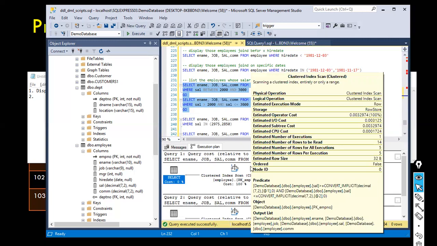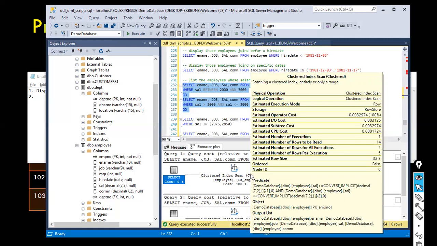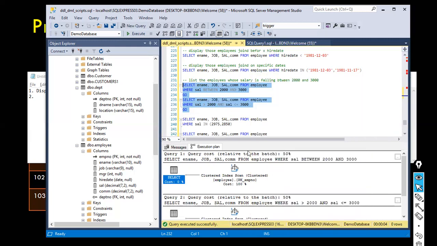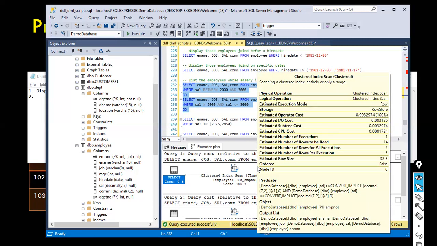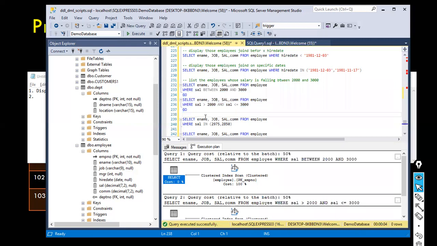If you keep the cursor somewhere here, it gives you everything: the physical operation, logical operation, storage, estimated operator cost, and IO cost. Many things are there. If you say you are an SQL expert, you should know how to interpret these things, at least at a high level. But the simple rule of thumb is, if they ask you in an interview, or in the project, that your query is taking a longer time and you have rewritten it like this, and you want to compare which query is better,